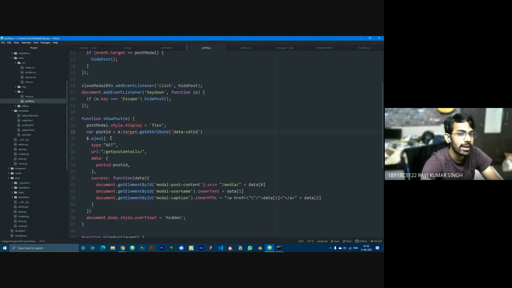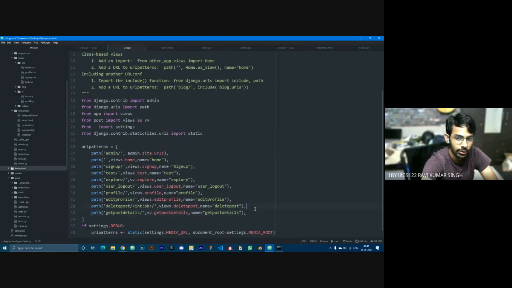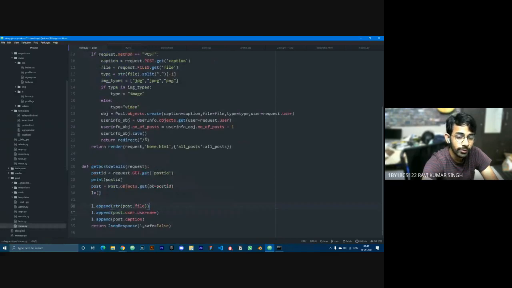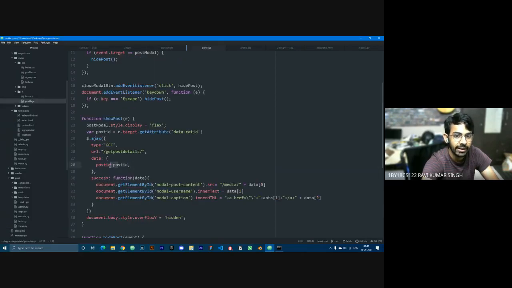Now I am making an AJAX call and I am passing the detail of the post getting clicked. And then I created a URL for that. Inside the views.py of post, I created the same URL and the view function. I accessed the post ID using request.GET.get, using the same name as the name provided in the data, right?